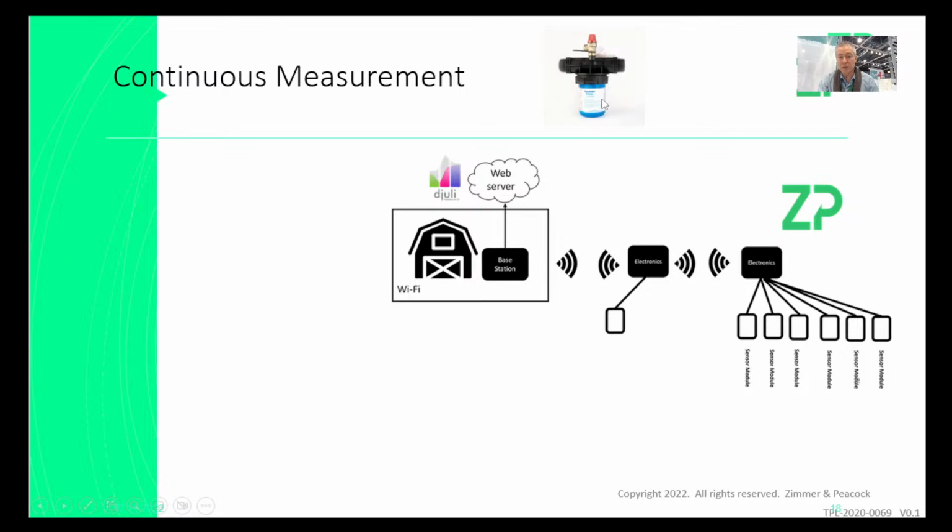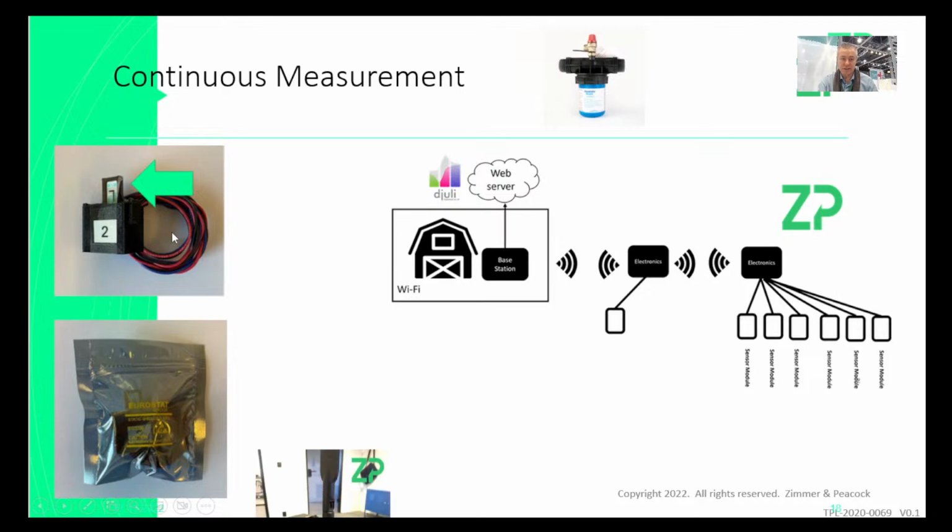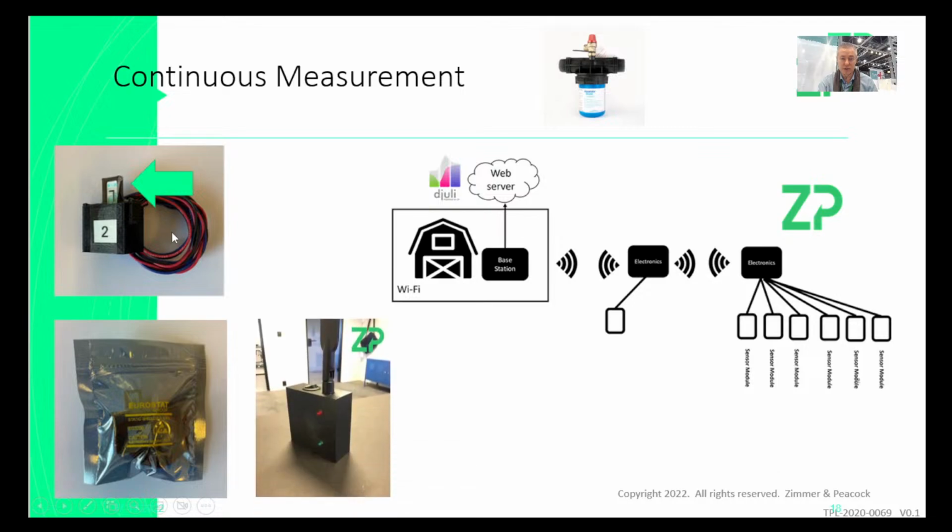If you have this, you can have these sterilization products also in the flow stream. So you have water coming in, goes through this container, and then you have water coming out, and the water coming out is essentially meant to be sterilized. But you might want to know how much free chlorine or hypochlorous acid is actually in there. So we would have to take one of our sensors. It's the same sensor as before, but it's now been potted to make it more robust. That's it in its packaging, and this is the electronics.